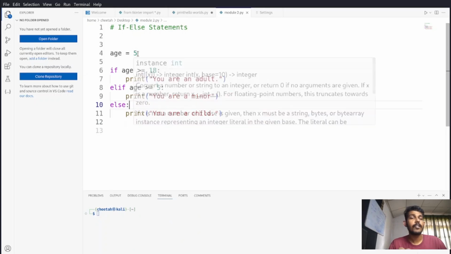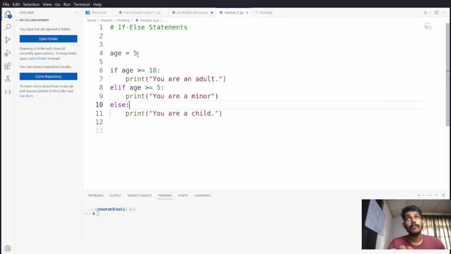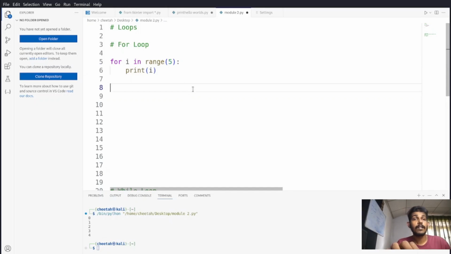In the next topic, we are going to talk about for loops and while loops. Now in this topic, I am going to tell you how we can work with the for loop and how we can define it. This is a basic for loop. You can see here, for i in range of 5, print i. So the answer will be